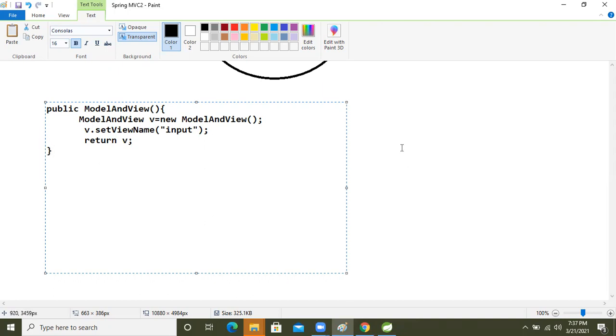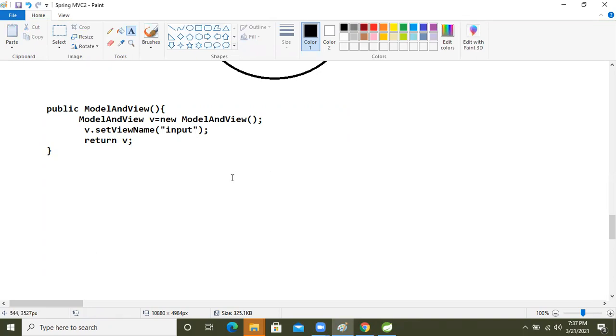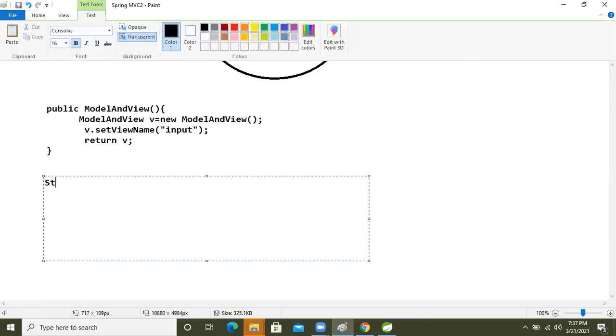But from 4.x onward, there is no need to write this much code. We will write just this much: public String, with the method name I'm taking here.